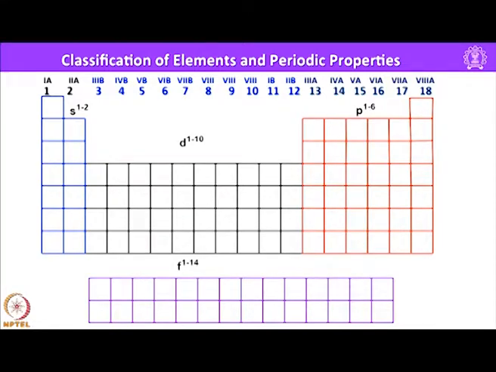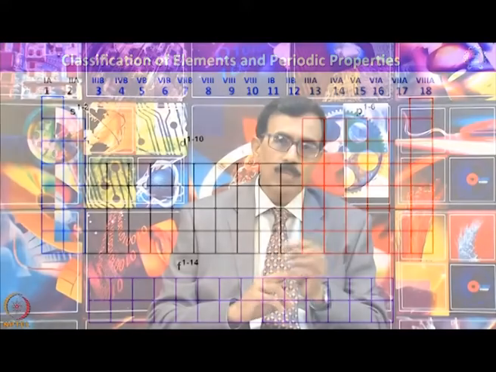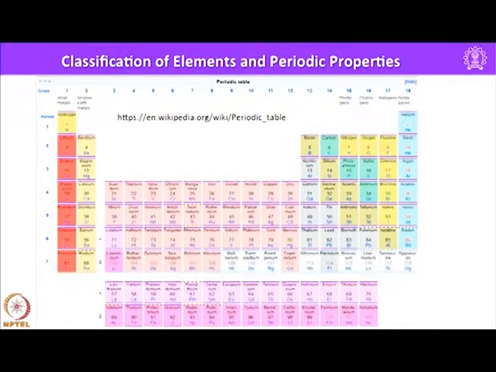Here in the d block also, if you look into the electronic configuration, we start with d1s2 to d10s2. That means the number still represents the group oxidation state or the number of electrons present in the valence orbitals of the elements in the group. And then in the same way, the p block starts from 13 and ends with 18, that represents the electronic configuration s2p1 to s2p6. That means in group 13 we have 3 electrons, in 14 we have 4 electrons, and in 17 we have 7 electrons. So, that number still has some significance in denoting the number of electrons in the valence shell.